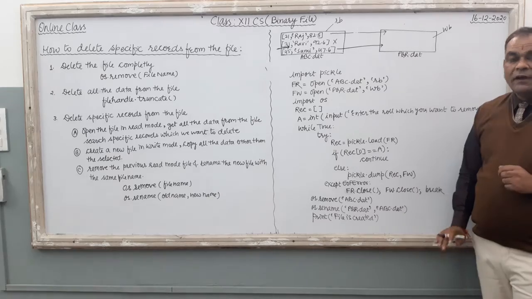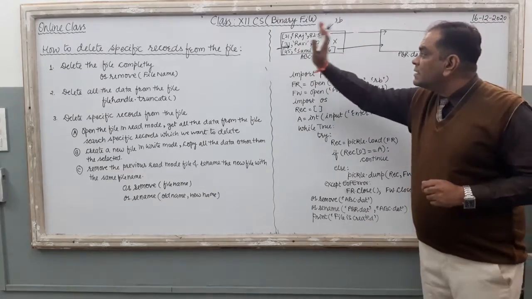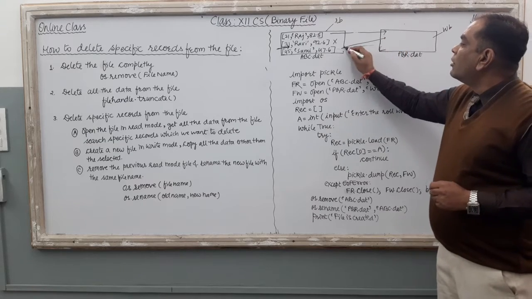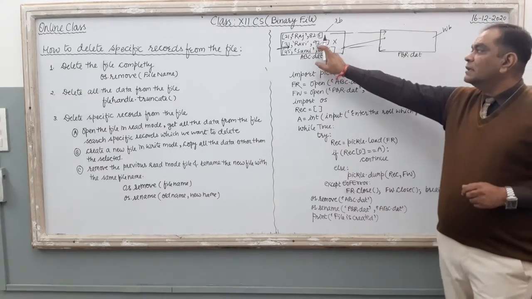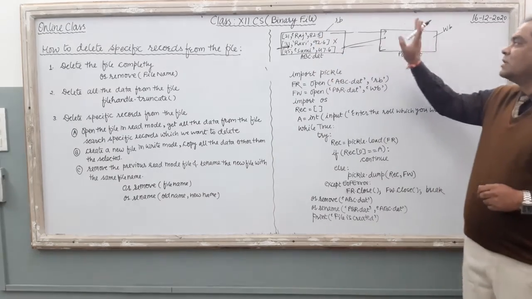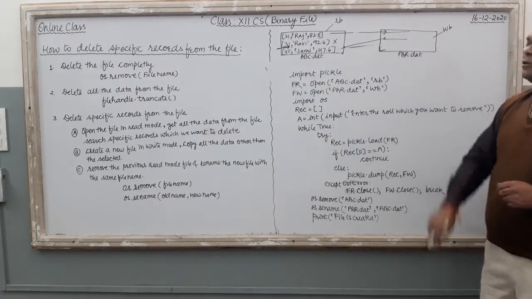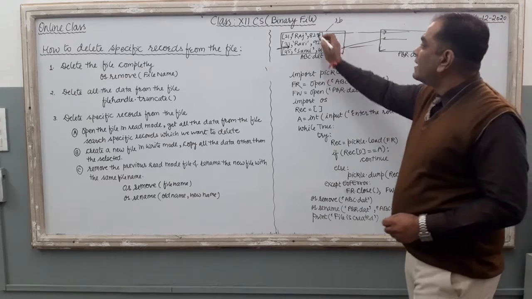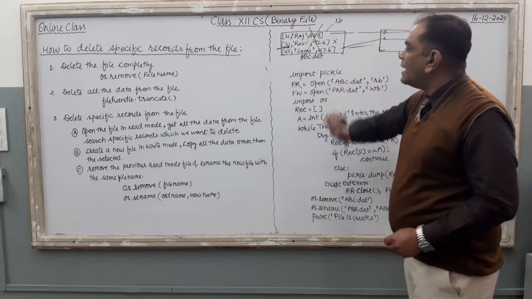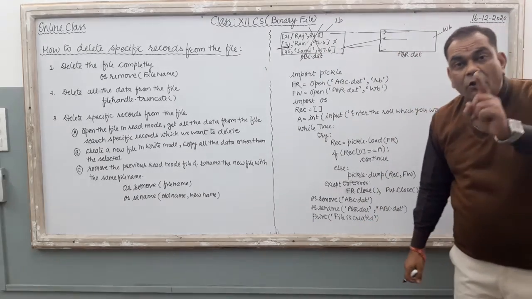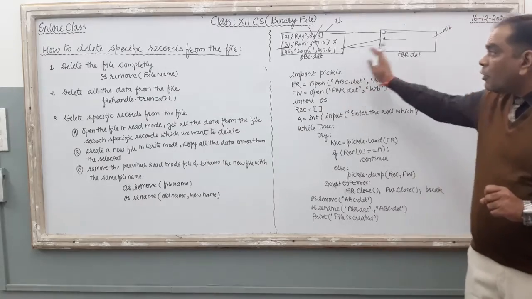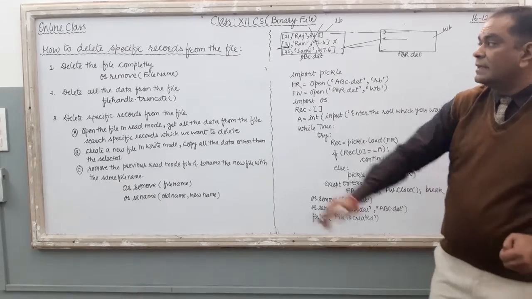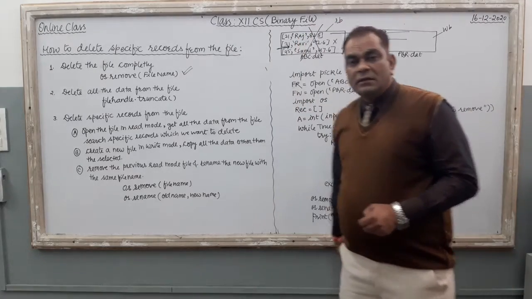and then when all the records other than the selected record are copied inside the pqr file, other than the record number 2, all the records are here now. Record number 1 is there, record number 2 is not there. Now our operation is over. So here we just remove the file abc.dat completely from the hard disk after copying the data. After copying the data, we remove the abc.dat file completely from the hard disk by using the os.remove method, right?